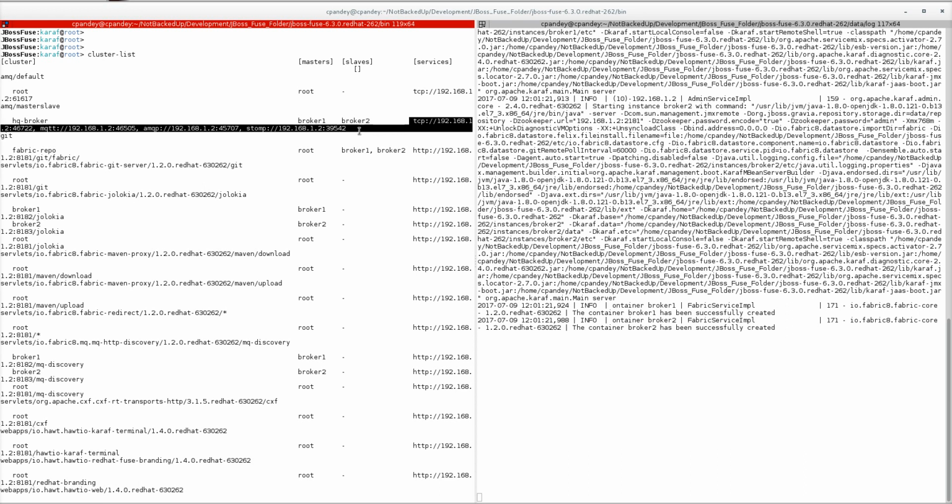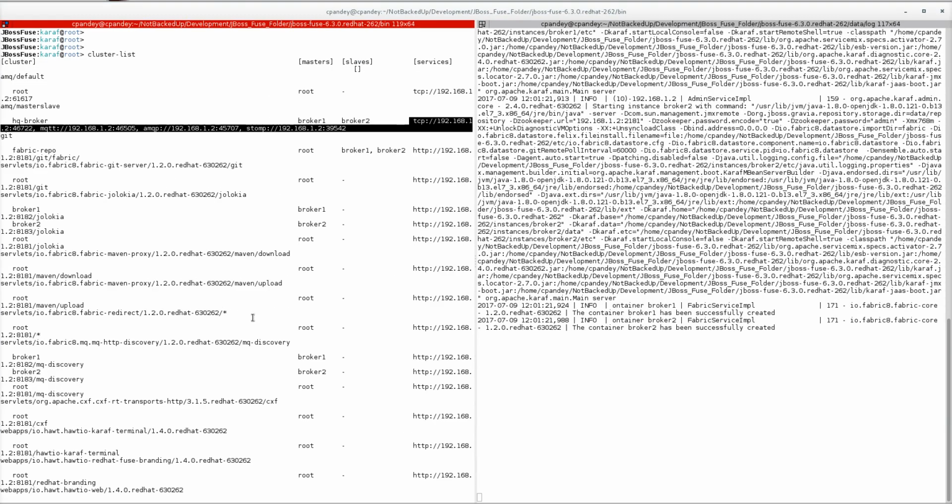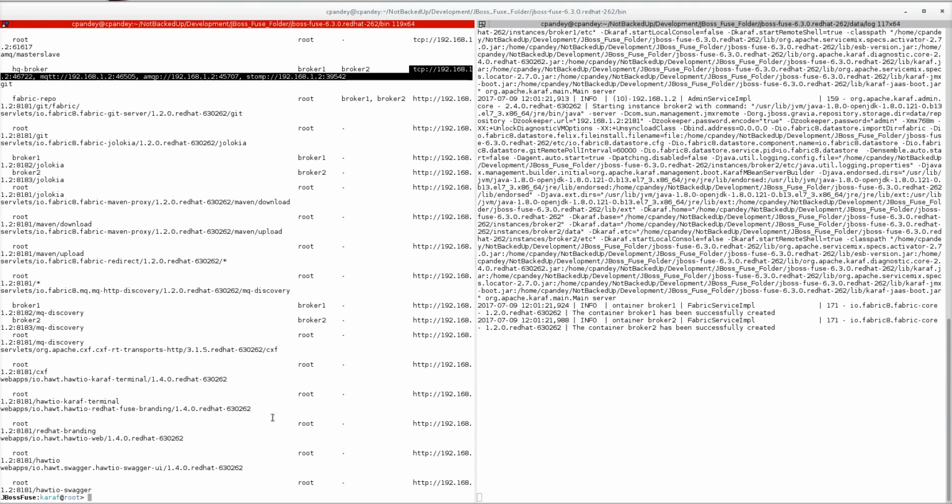But once I restart the container, these ports will change. So this is not feasible to provide, and for this I need the group name. That is one advantage.